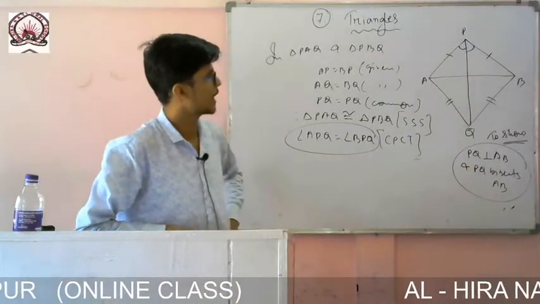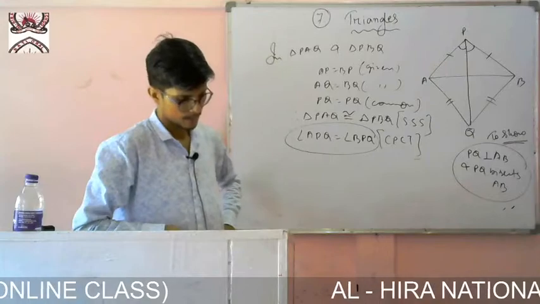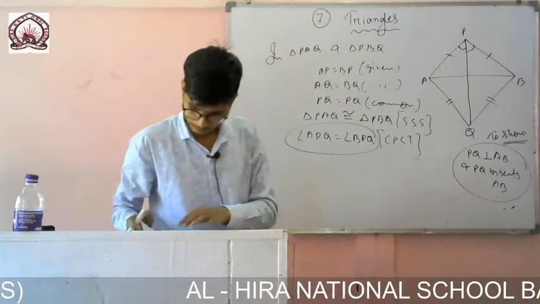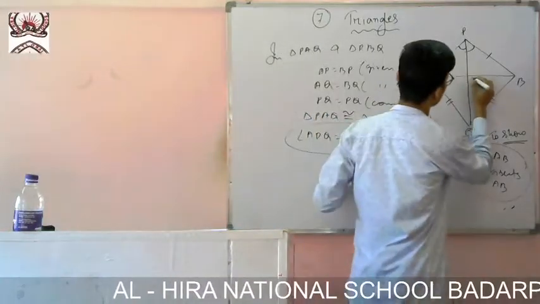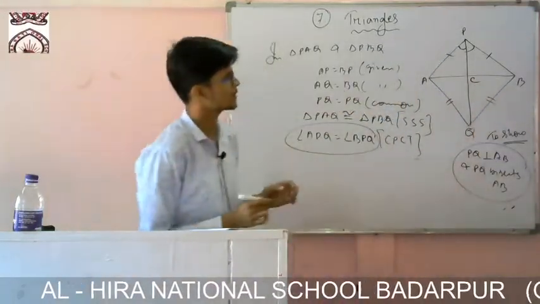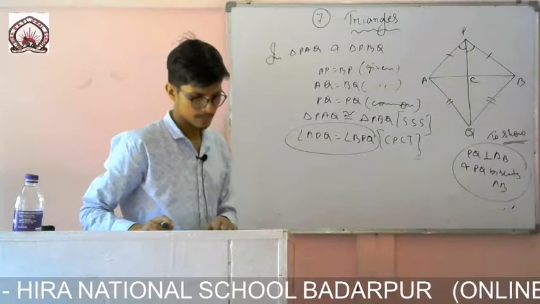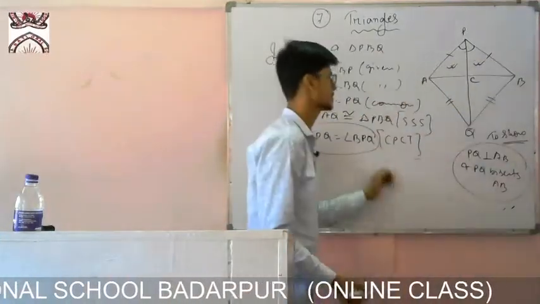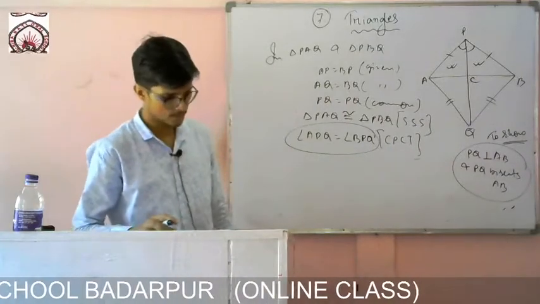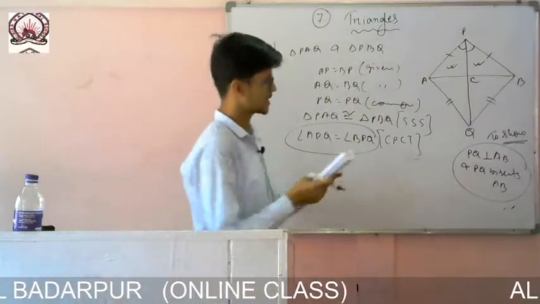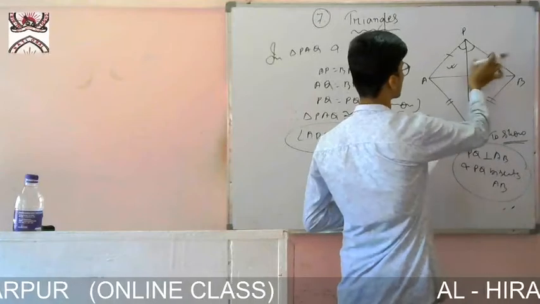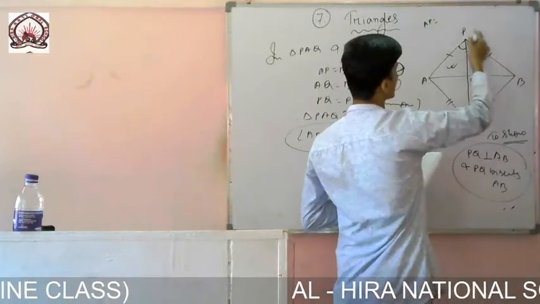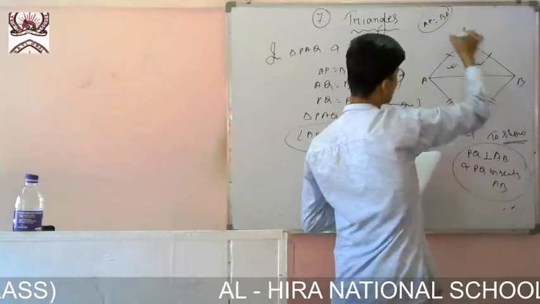Now I will take triangle PAC, sorry, C is missing. So now I will take triangle PAC and triangle PBC. Now I will take this triangle and that triangle. Okay, so if I take these two triangles, then I can show. Let me explain it here. AP is equals to BP, this one is equals to that one. It is given, one is given.